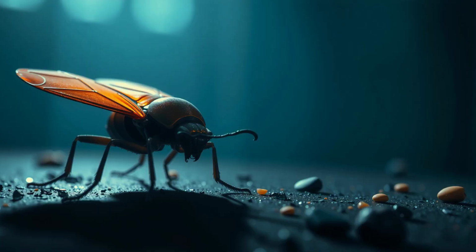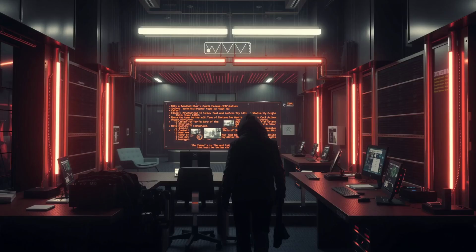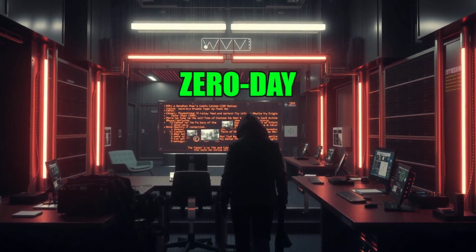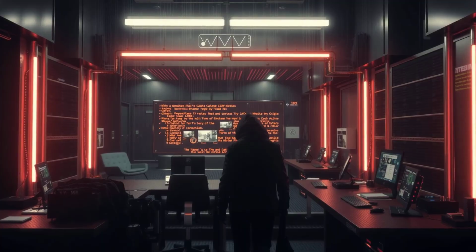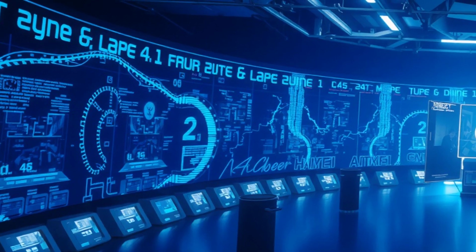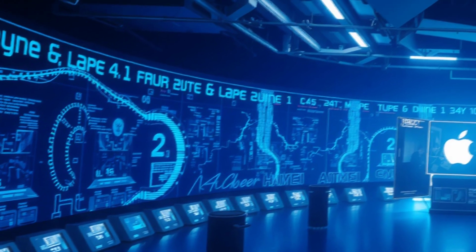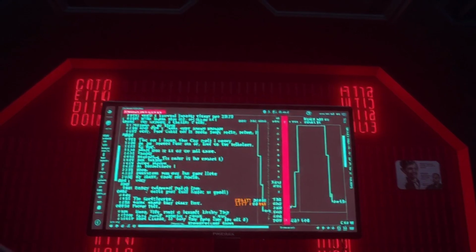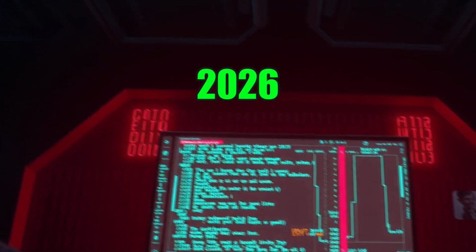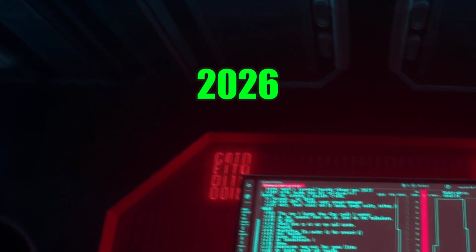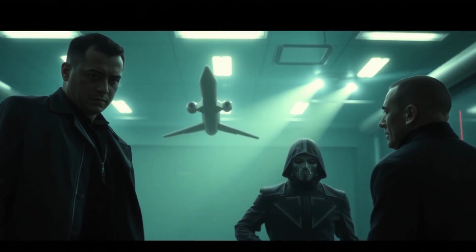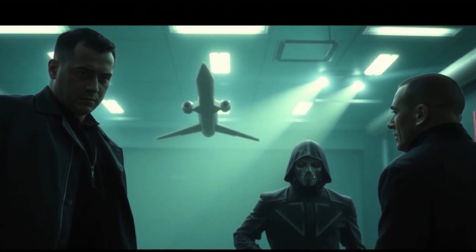This wasn't just any bug. This was a 0-day. For those who don't know, a 0-day is a security flaw that the bad guys discover before the good guys. It means Apple had exactly 0 days to prepare a defense before attacks began. The vulnerability has a name: CVE-2026-20700. And it's one of the most fascinating and frightening flaws we've seen in a long time.